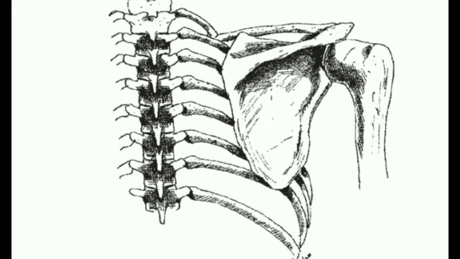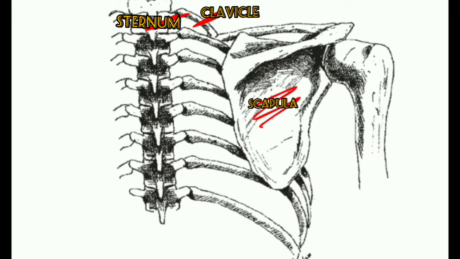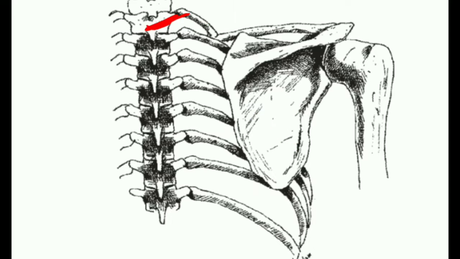So we have only 4 joints to study, and of course 3 bones contribute to these 4 joints. That is the sternum, the clavicle and the scapula. These are the 3 bones linked to the shoulder complex. So this is the sternum, this is the clavicle, and this one is the scapula. This is the posterior view of the shoulder complex. Here the shoulder joint is less stable, and that predisposes it to various injuries.